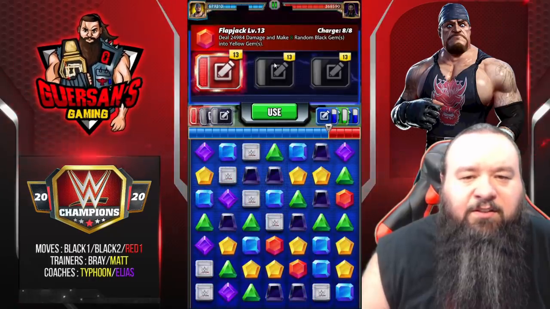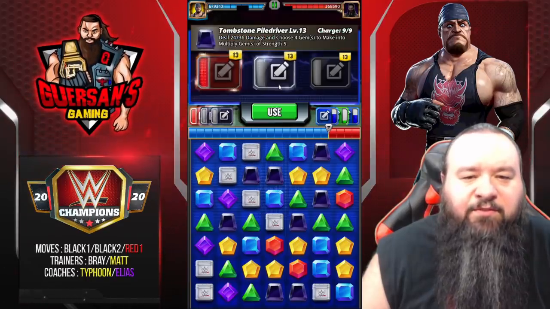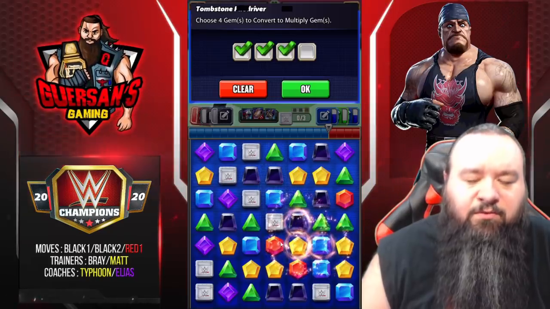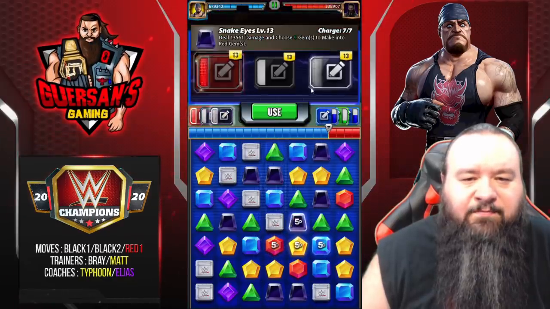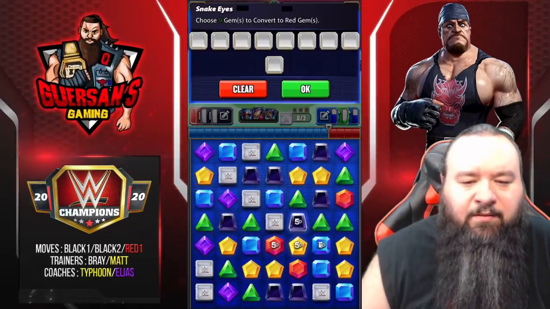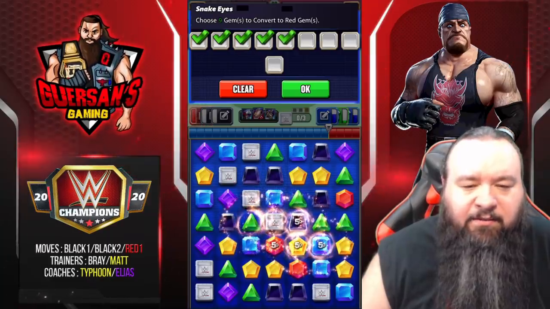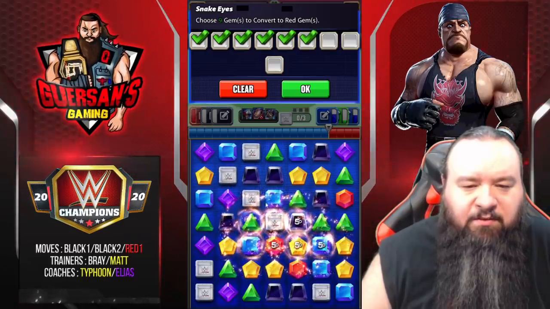All right. So we're gonna start. Actually, no, we're too close to the edge. I'm gonna choose 4 gems to make into multipliers. Other ones. Ideally, you want to set up your moves so that you're gonna get your black back. So I'm gonna do this here. Drop those 2,